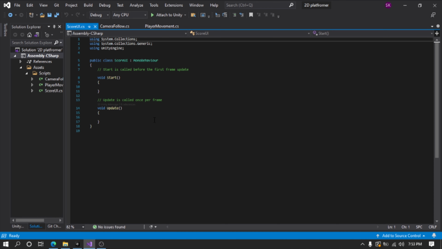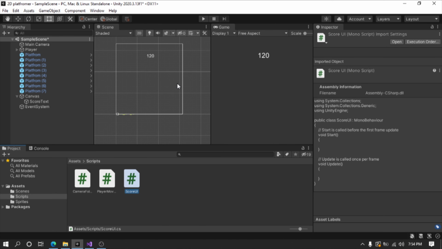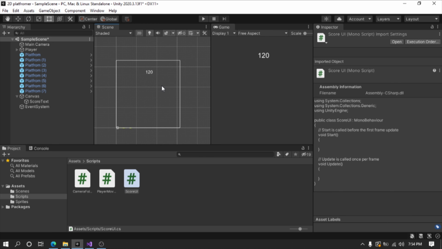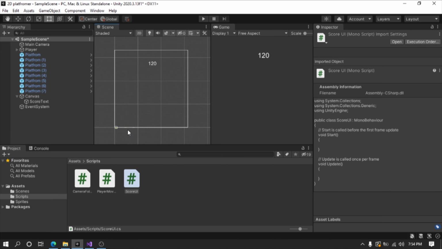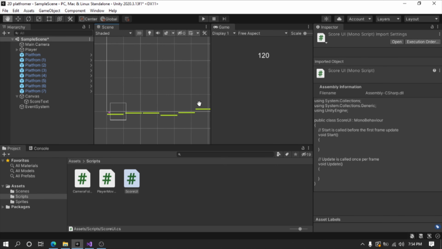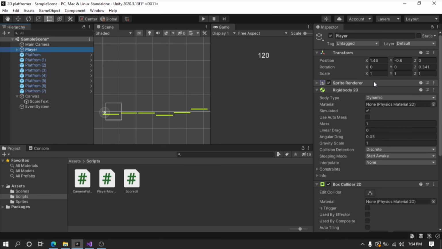So the way we are going to check for score is measuring the distance the player goes. It's not the most efficient way to check for a score, because in our case the game is not infinite. If the game was infinite, meaning the game procedurally generated levels, so the player can go for an infinite amount of time, then that would be fine for checking the distance as a score. But in our case we design the level, so no matter how we try, the level is going to be the same distance every time. So it's not the most efficient way to check for score, but as a beginner I'm just showing you how